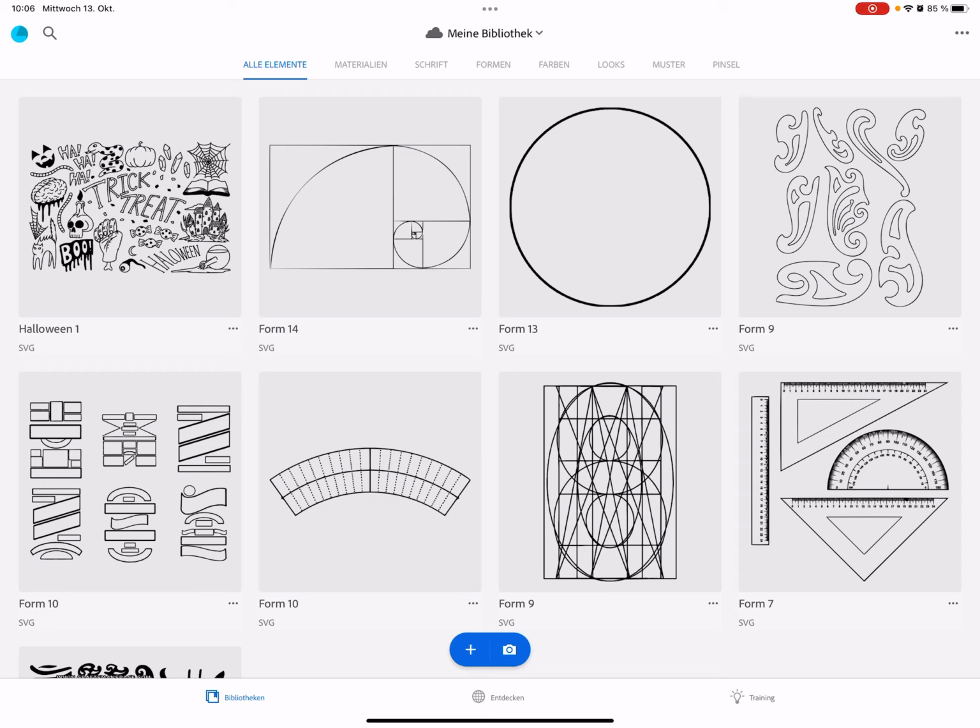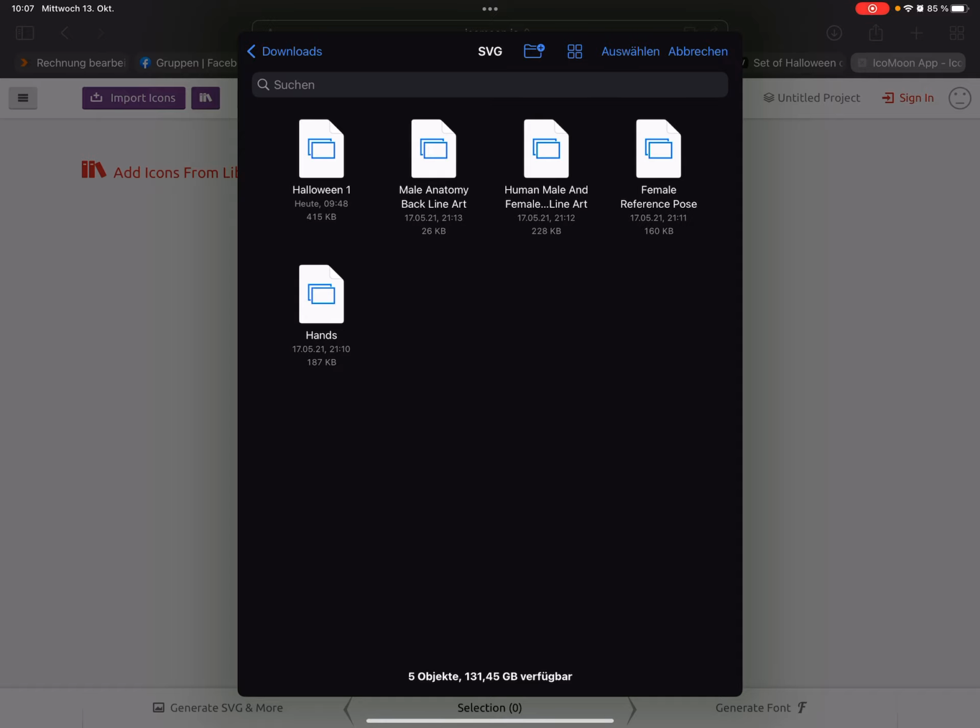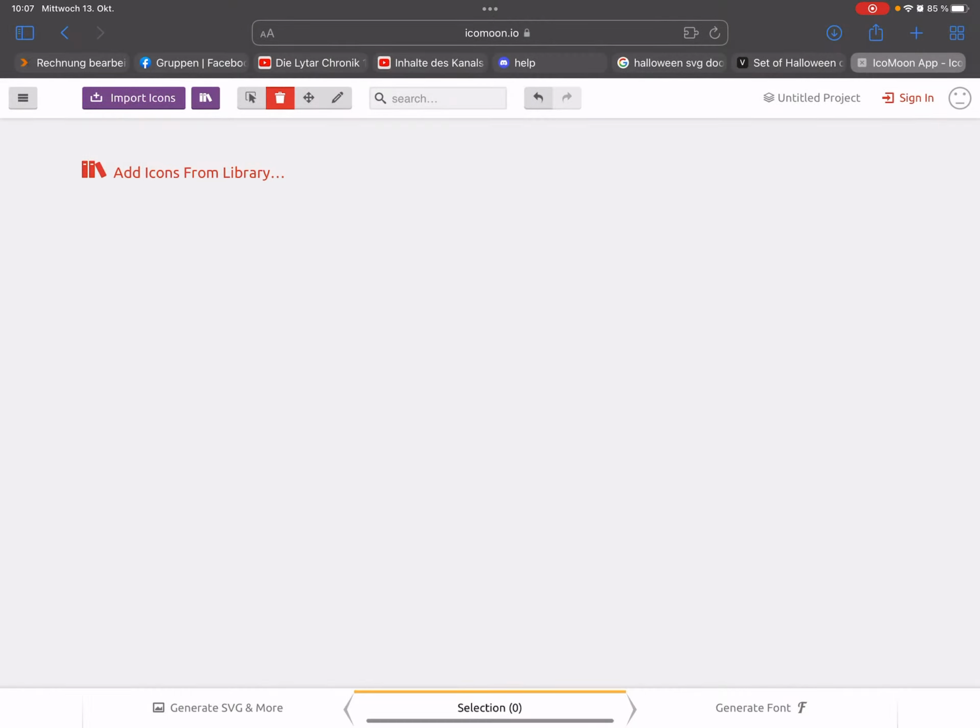And okay, press on the import icon. Select your SVG files. I selected now this one, and you can select another one.